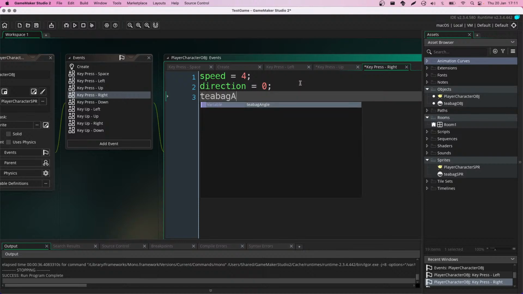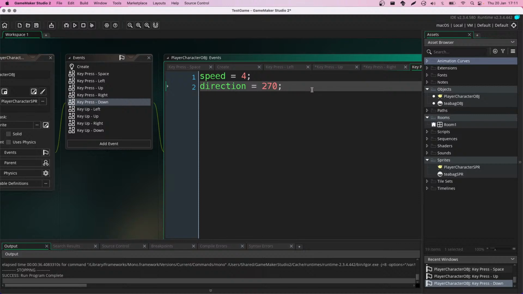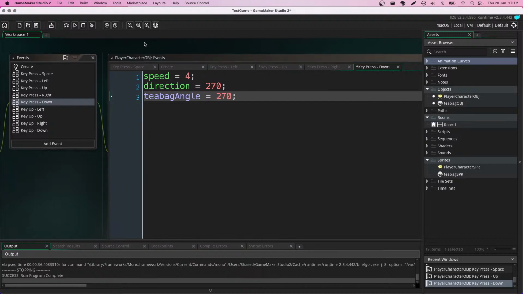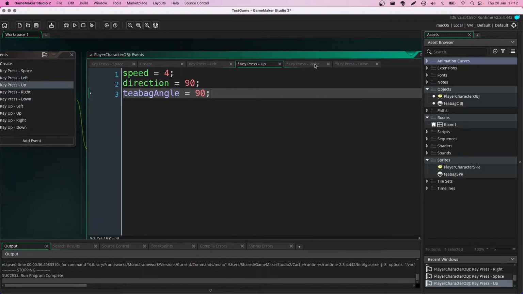Teabag angle equals 0. I'm glad I spelt it right because otherwise we'd be invoking the teabag angel. An angel that comes down and just gives everyone cups of tea. Teabag angle 270. Okay, so I've done that for left, I've done that for up, I've done that for right, I've done that for down. And now if I go back to space,